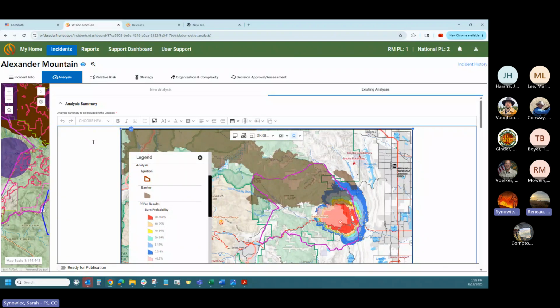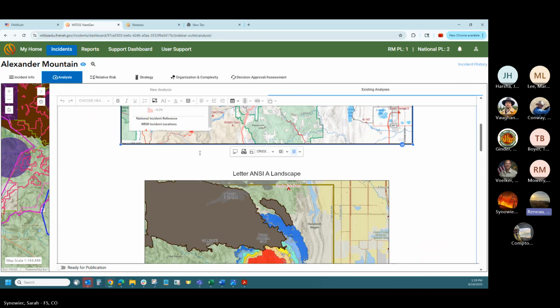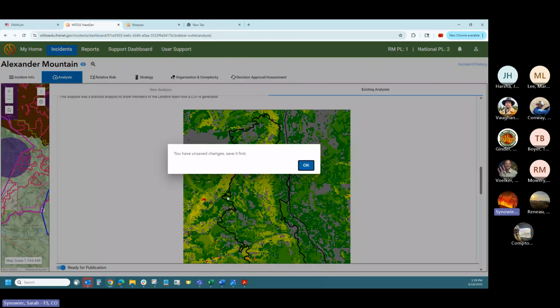Yeah. And I think part of it is also, I'm not sure that the actual summary will come in. Does anybody else know? I don't think that we're able to pull that analysis summary in yet to the actual decision. Okay, copy. Yeah, it was preventing it from publishing anything. So it'll let you publish, but